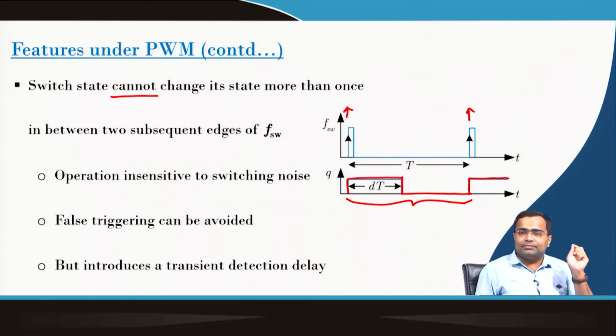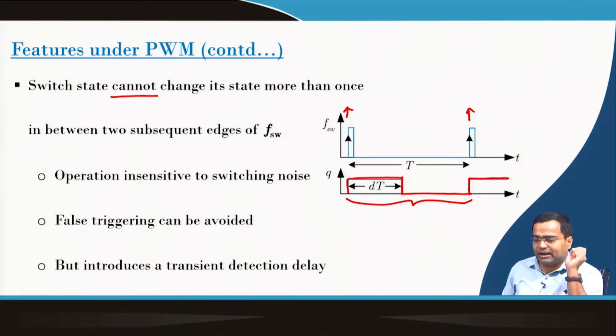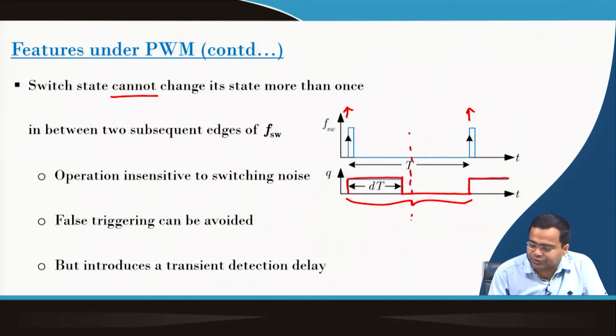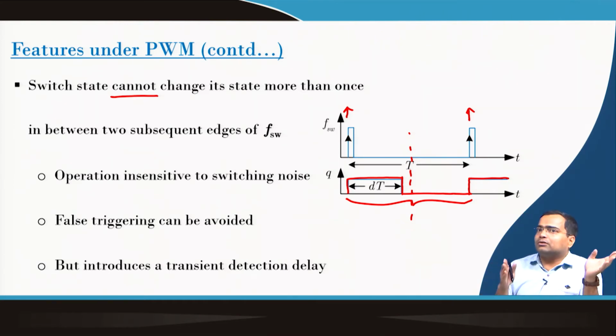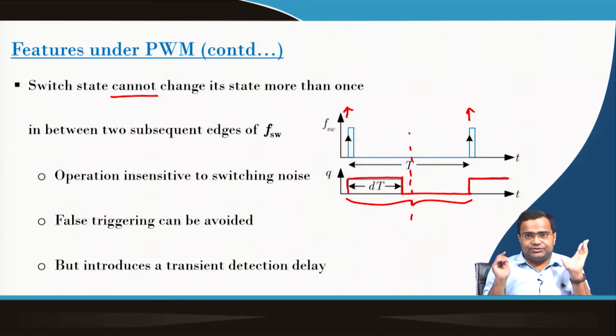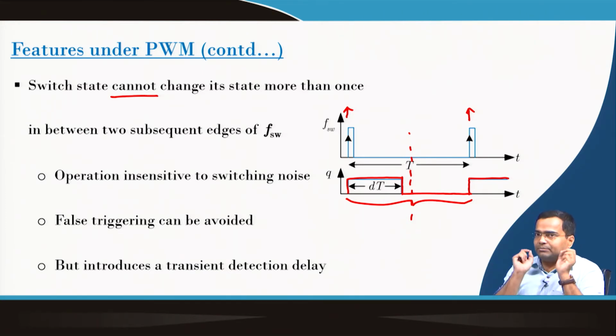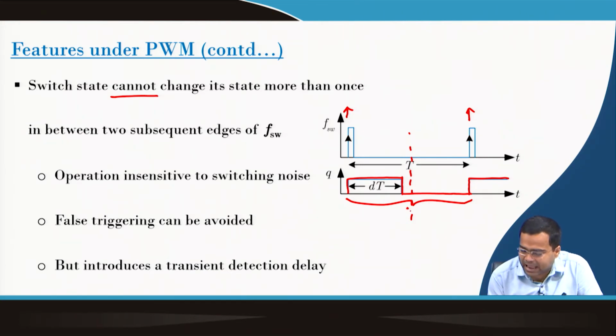we also have to pay a penalty for that. What is the penalty? If any transient comes, that means after the switch turns off, if a step up transient comes, we need to increase the current, but it will not respond because the switch will not turn on till the next clock arrives. So this will also introduce some delay, and that delay, tau d, can be as large as (1 minus d) times T.